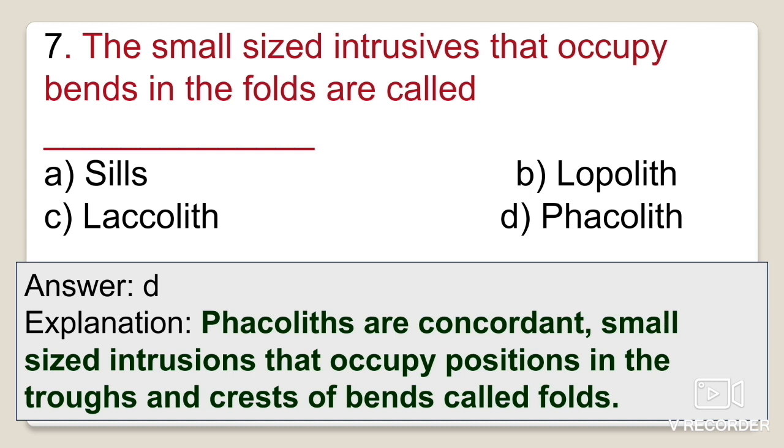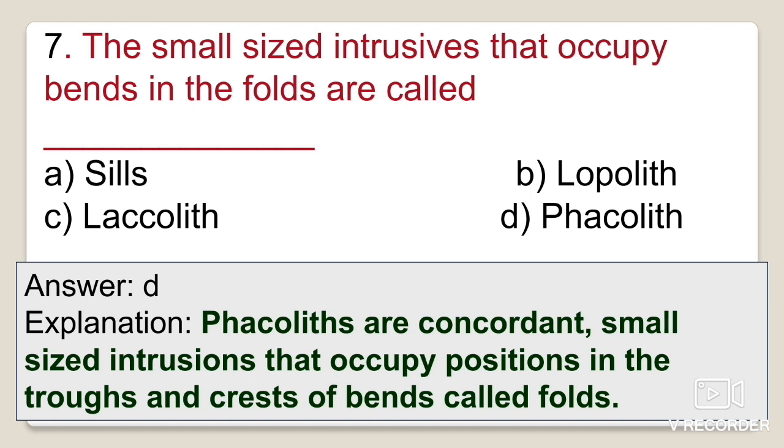Okay, so they are igneous rock bodies which occupy the crest as well as the troughs of folded strata. Phacoliths are formed when the igneous material that invades the folded region accumulates at the crest and troughs of the folds, because these are the zones of minimum stress. Why does the material accumulate at the crest and the troughs of the folded regions? Because they are the zones of minimum stress.